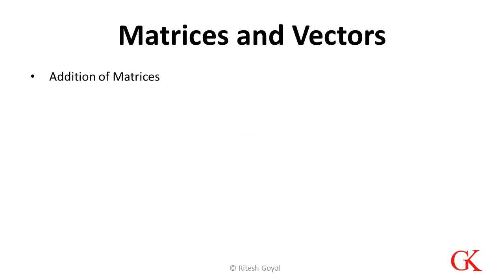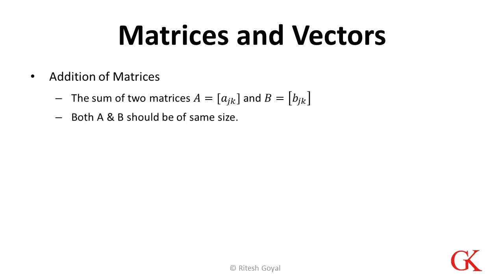Now, addition of matrices. As we understand number theory, once we start understanding the numbers, we go on to the simple operations. Addition is one of those operations. So here we want to add two matrices, that is, we want the sum of two matrices. Again, as I said, A equals a_jk is a representation of a matrix, and B equals b_jk is a representation of another matrix. The sum of two matrices is possible if and only if both are of the same size, as we have discussed in equality.